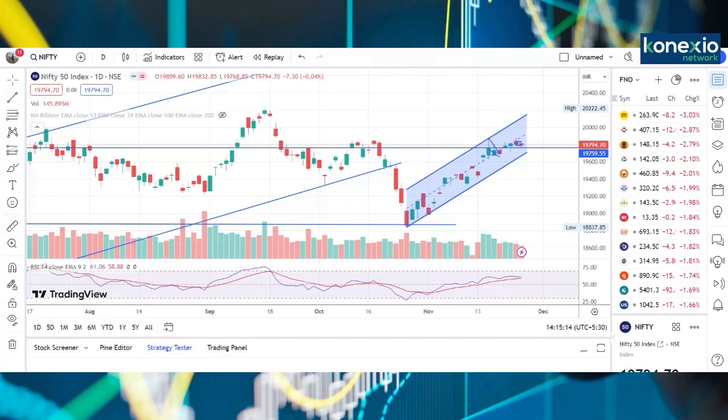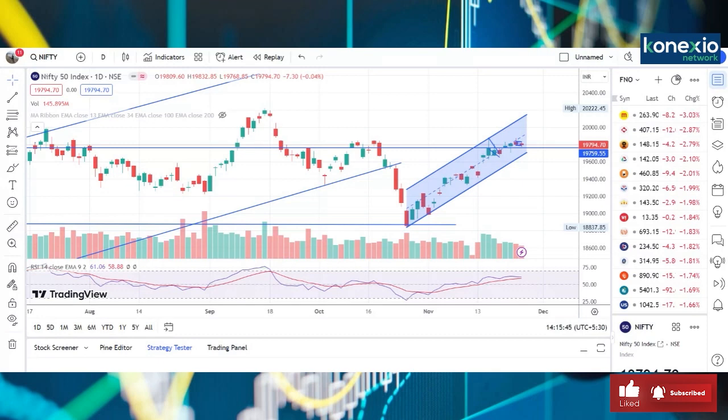So looking at this particular pattern, we feel that again for next week also. Yes, next week is a truncated week. Monday we have a trading holiday on the back of Guru Nanak Jayanti. So we will be having only 4 trading sessions in the next week. So again, the bias is positive. The US market has also ended on a positive note on Friday. So again, the strategy for the next week is again buy on dips, looking at this particular pattern.